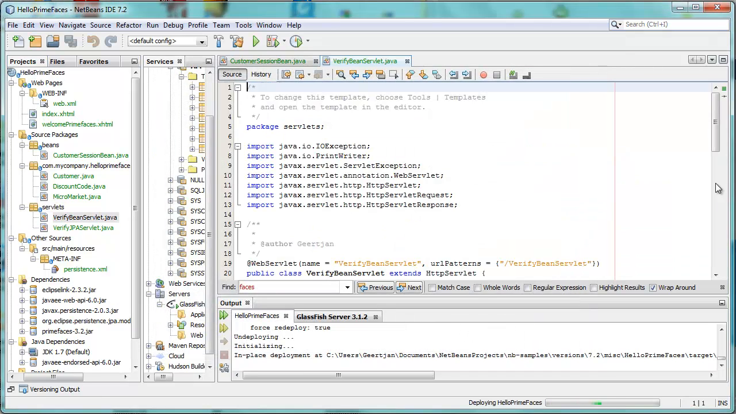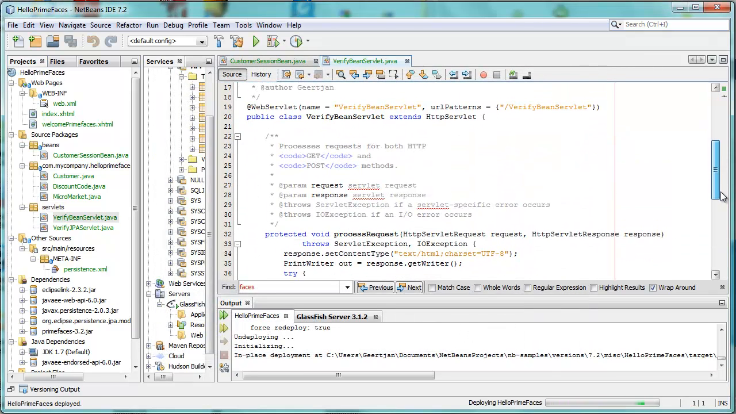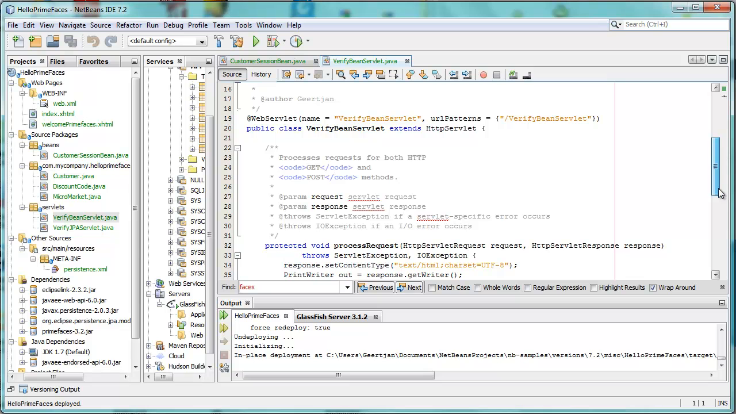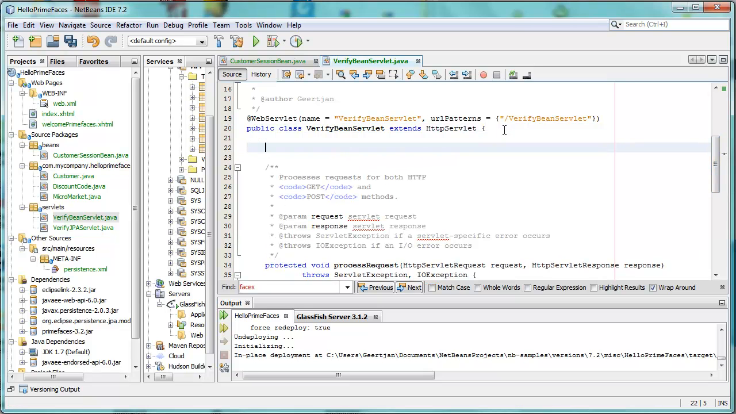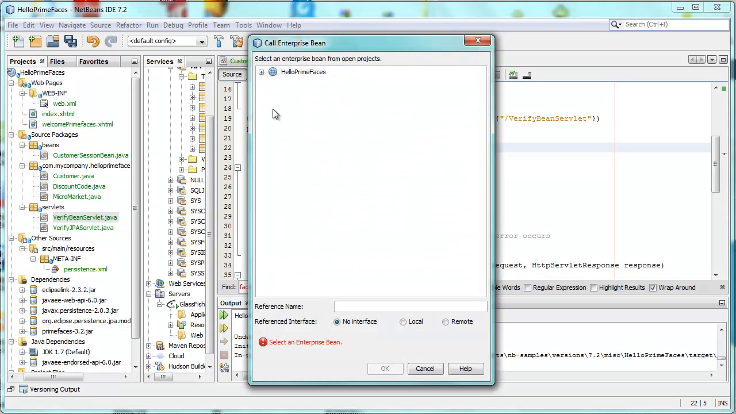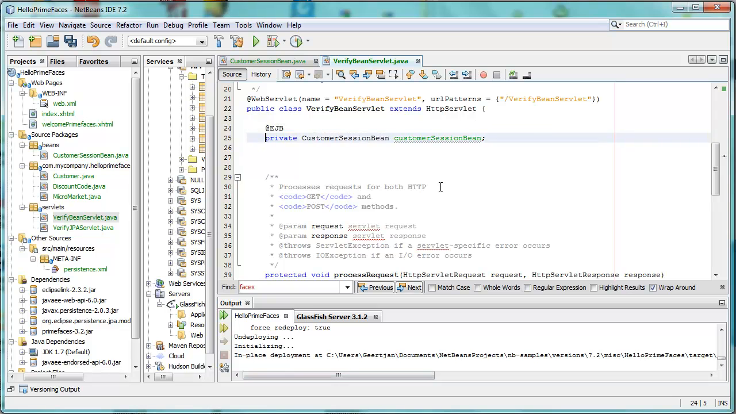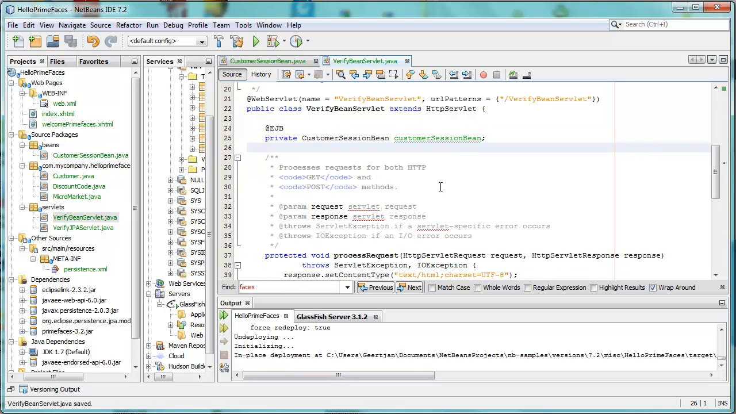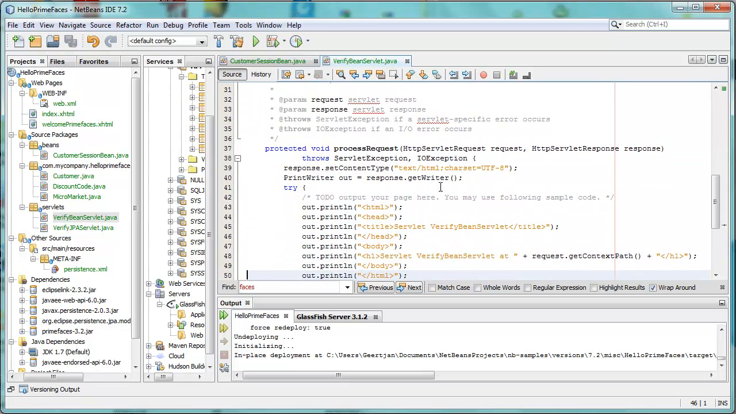Again, we will use annotations, so no registration in the web XML file is needed. Here in this servlet we will not use the entity manager, because the bean is using the entity manager. Instead we're going to call the bean. Here's the bean, call it, there it is. We're injecting the session bean into our servlet,